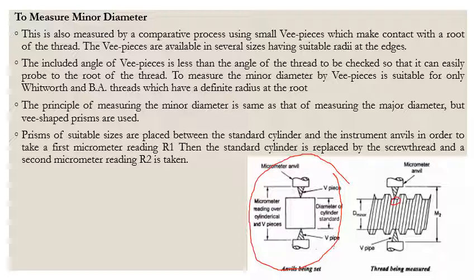When on either side the V pieces are made in contact, then uniform pressure is applied over the micrometer in such a way that the dial indicator is giving a standard or uniform pressure of around 50 or 100, whichever is considered, and then the reading is recorded, which is obtained on the thimble or the drum, and let me call that reading R2.